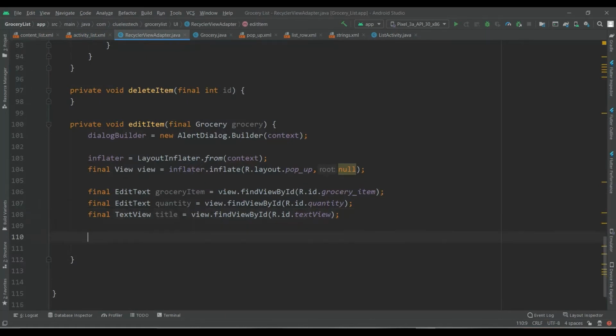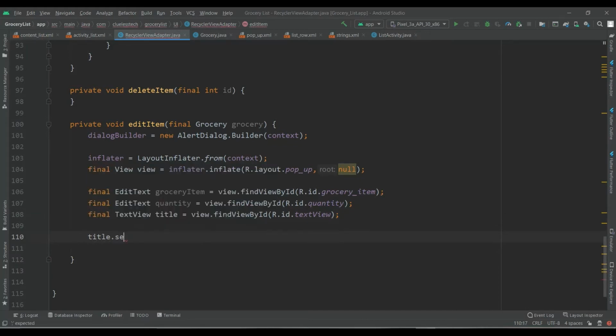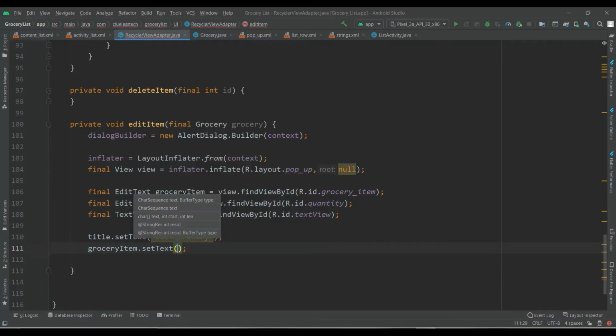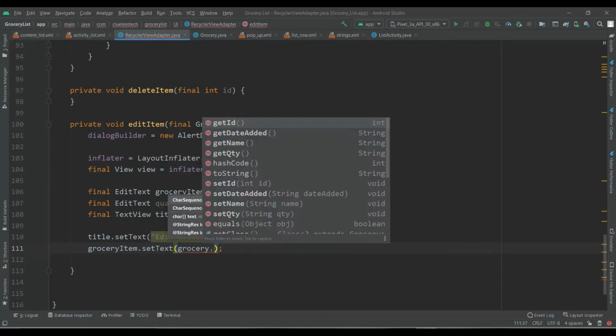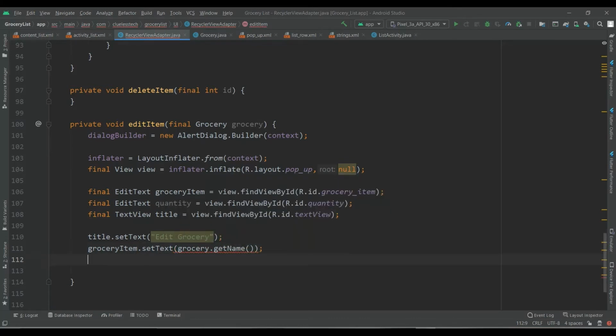Now let's set the title for the text view. title.setText, and the text will be edit grocery. And now groceryItem.setText(grocery.getName()). So we will set the default name for the grocery on the particular record on which we have clicked.